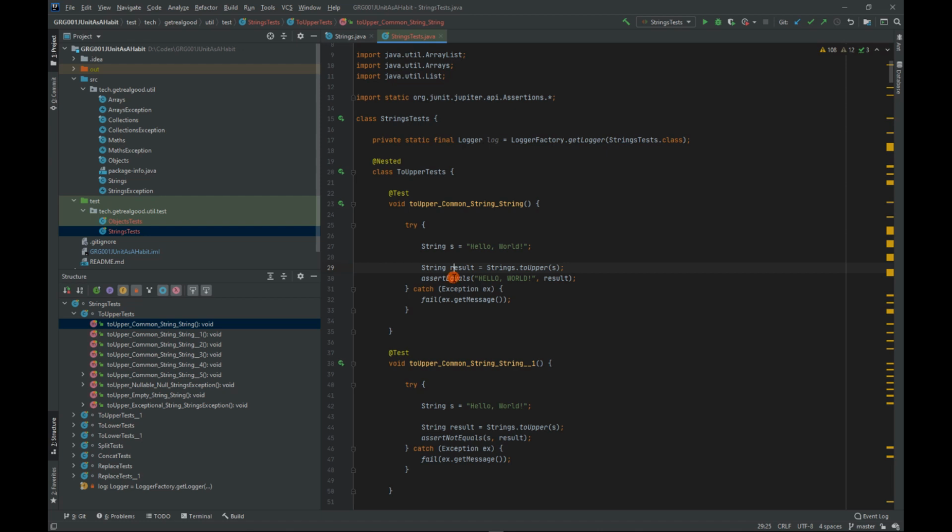So basically, the assertEquals method is the method you're going to find yourself using most frequently in the assertions class, even though it has lots and lots of other methods. But about 95% of what you need to do can be handled using the assertEquals method. Because after all, you're interested in invoking a method or a series of methods and getting the result that you expect. Alright, we are going to go to the next test method,